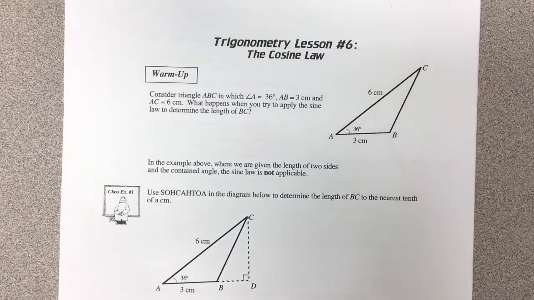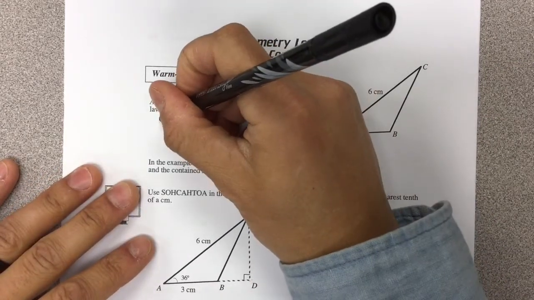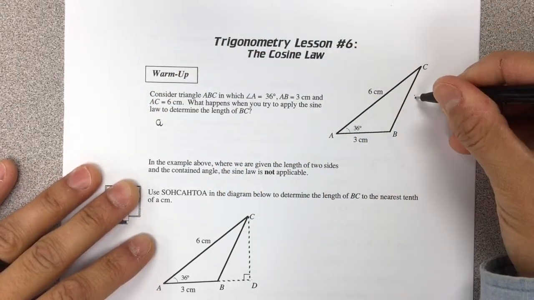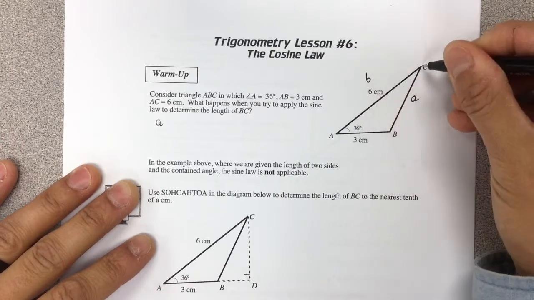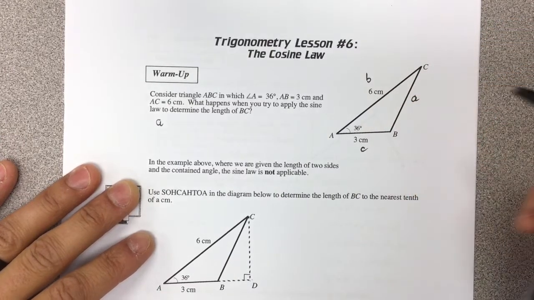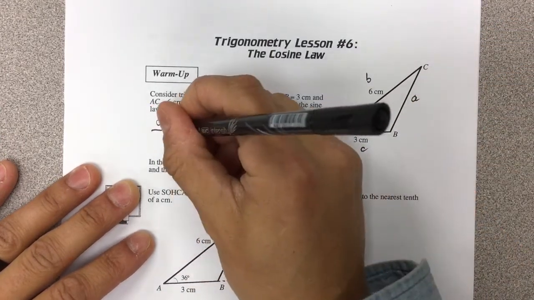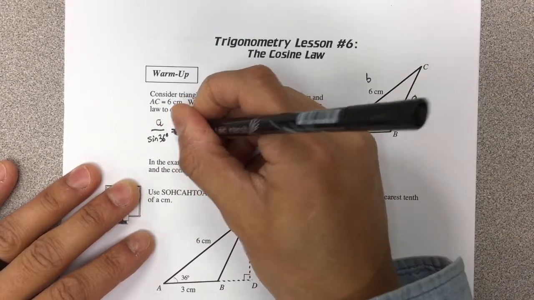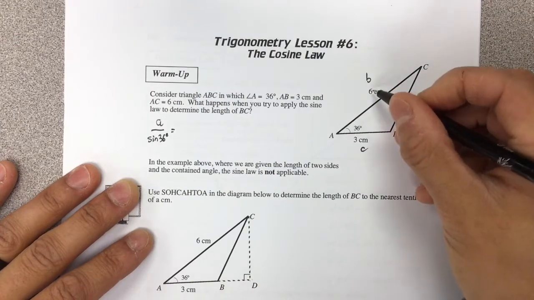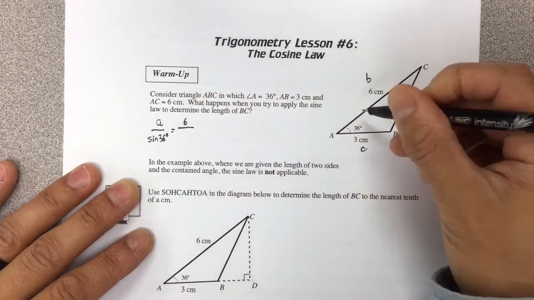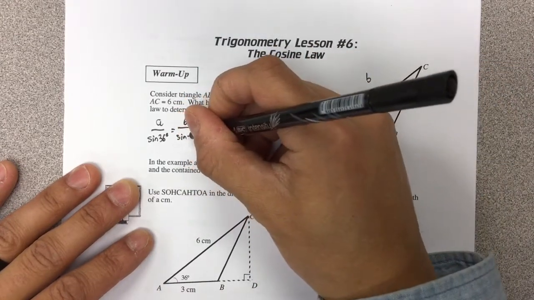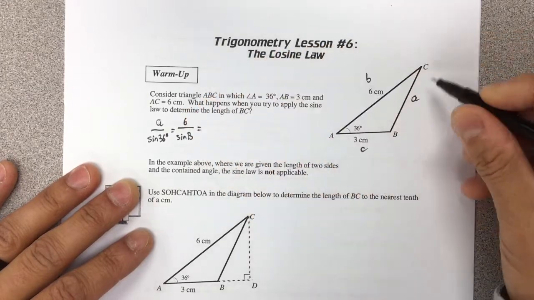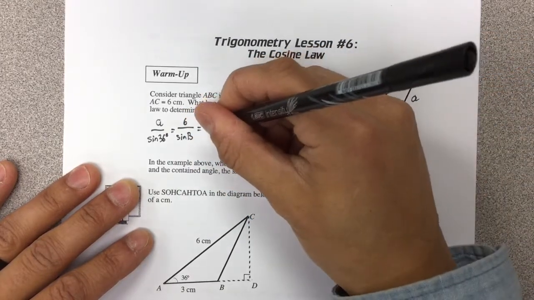BC? All right, so I'm going to set up my sine law. So if this is side A, this is side B, and then this is side C, then A over sine A would be A over sine 36 degrees is equal to B, which is 6 centimeters over sine B, which is equal to C, which is 3 centimeters over